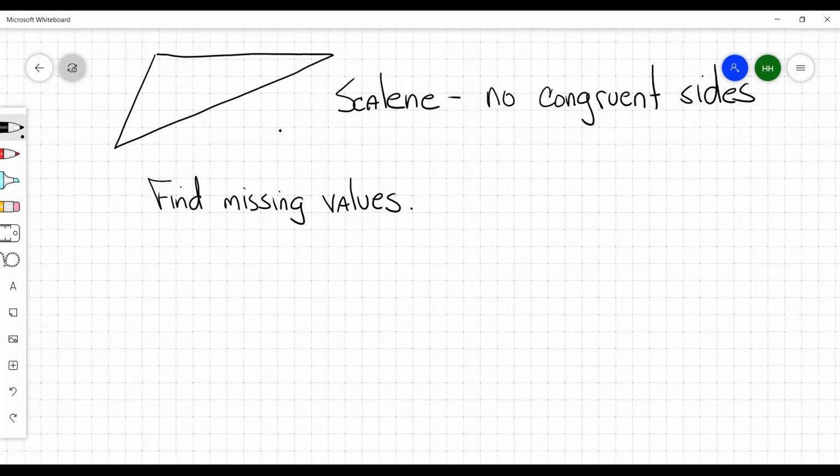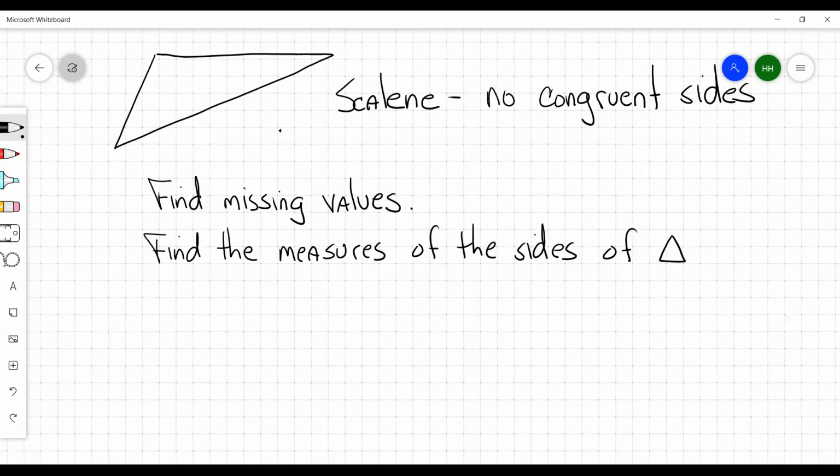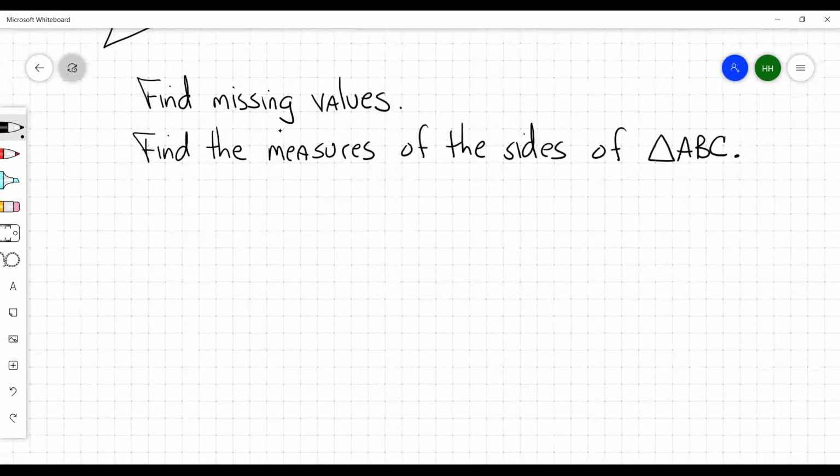So we're going to say find missing values, find the measures of the sides of triangle ABC. And if triangle ABC looks like this here,